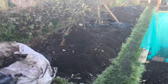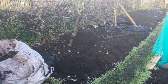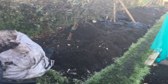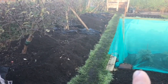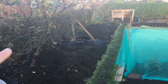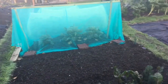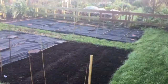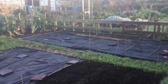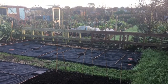So you can see this bed here, we're doing the same thing basically there. We're putting all this compost down, and then we're going to put membrane over that, and then edging boards down the side here, and then this whole area here will be wood chipped. So that's pretty much the plan for the plot. So we've been clearing all the beds, of course, laying a thick layer of compost down, 1 or 2 inches,